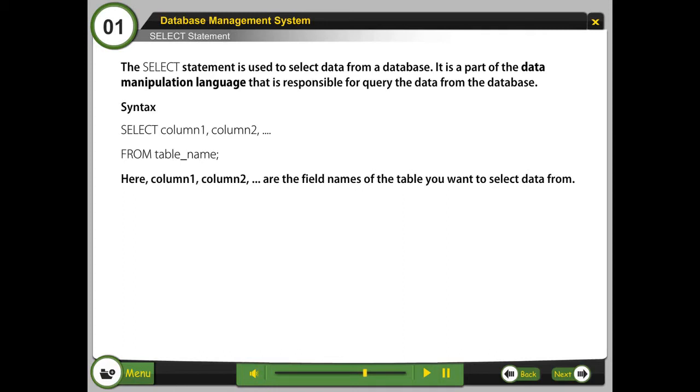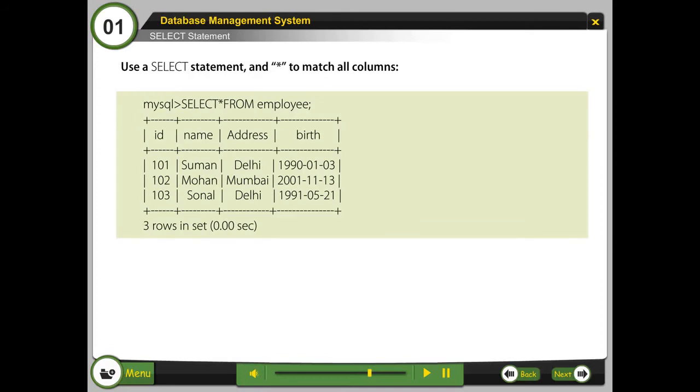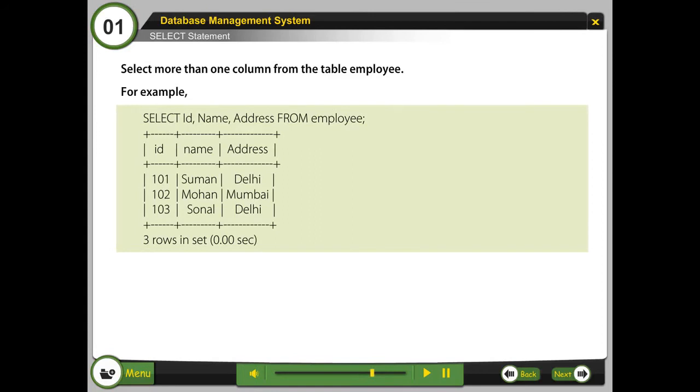Here, column1, column2, and so on are the field names of the table you want to select data from. If you want to select all the fields available in the table, use the following syntax. Select * from table_name. Use a select statement and star to match all columns. Select more than one column from the table employee. For example,